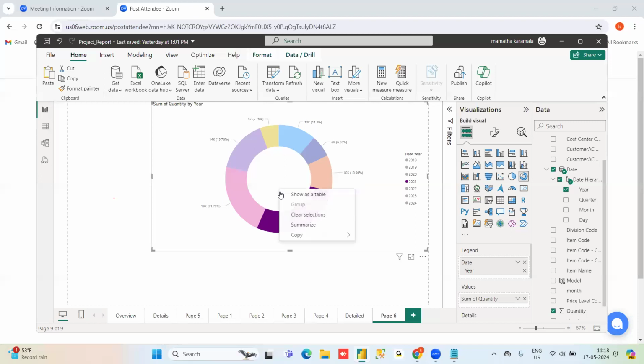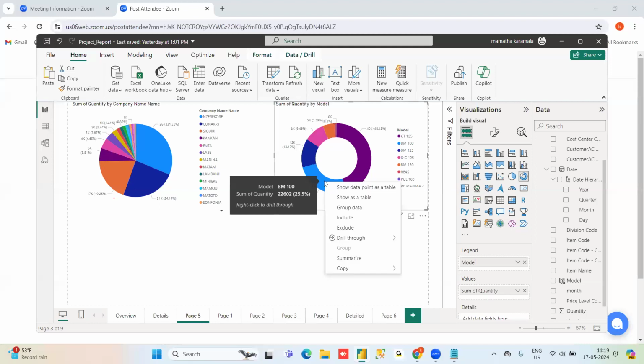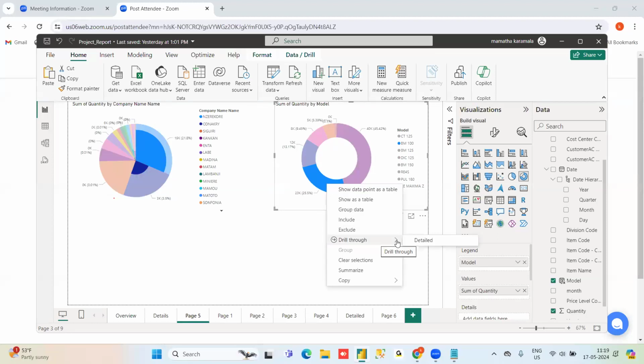Only left click is working. You need to do right click, then you will get the drill through option. Now it is not working. Maybe here also it won't work. No, my right click is not working. I have an issue with the mouse. Okay, let me change the mouse.